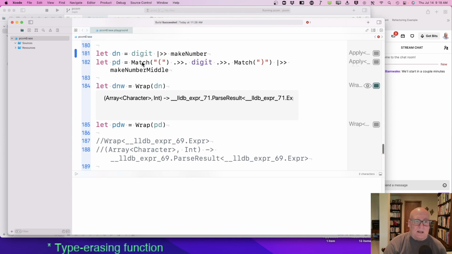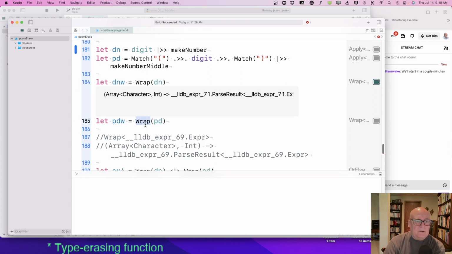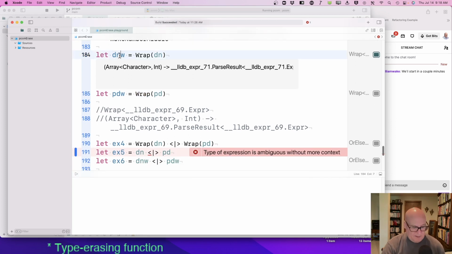So to the type system, they look different. So what we do is we can wrap them. So if you wrap DN and you wrap PD, then now their types are going to be compatible.